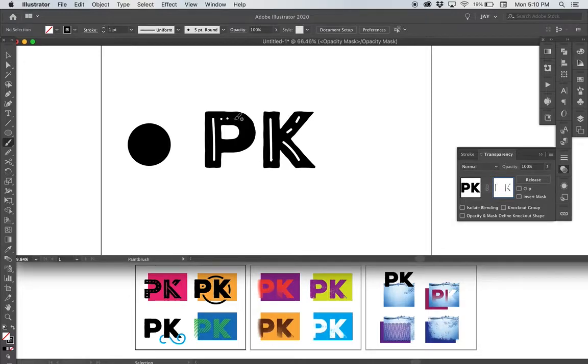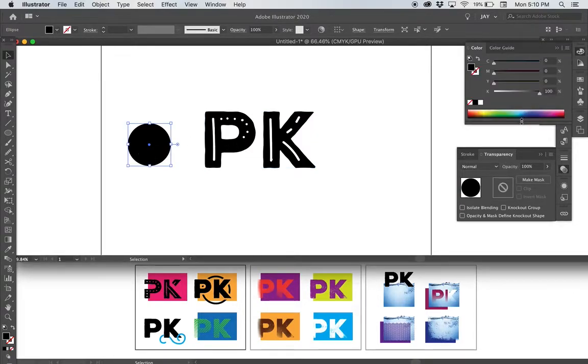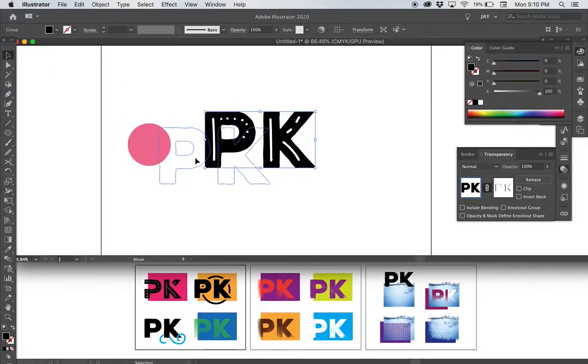I can just kind of mess around. And now, once I've done the work I want to do in the mask, I will click back over to this part, the object, and again, that highlights in blue. And now if I select this, I'm just going to do some color changes here, just so you can kind of see that this now works,